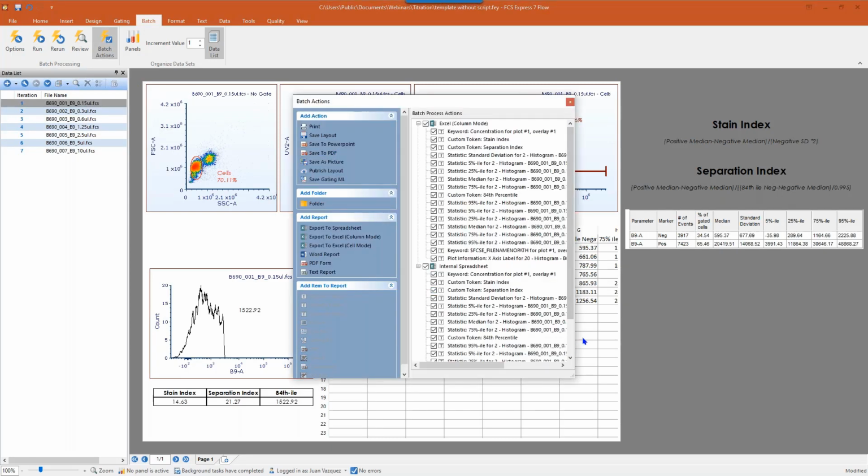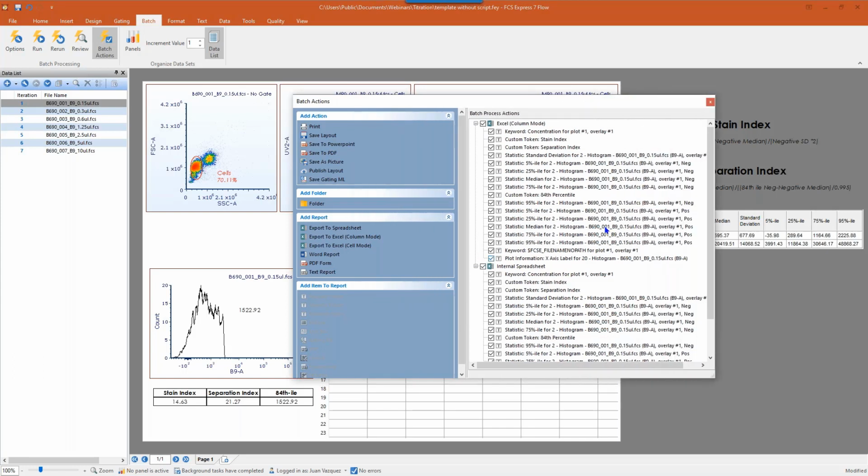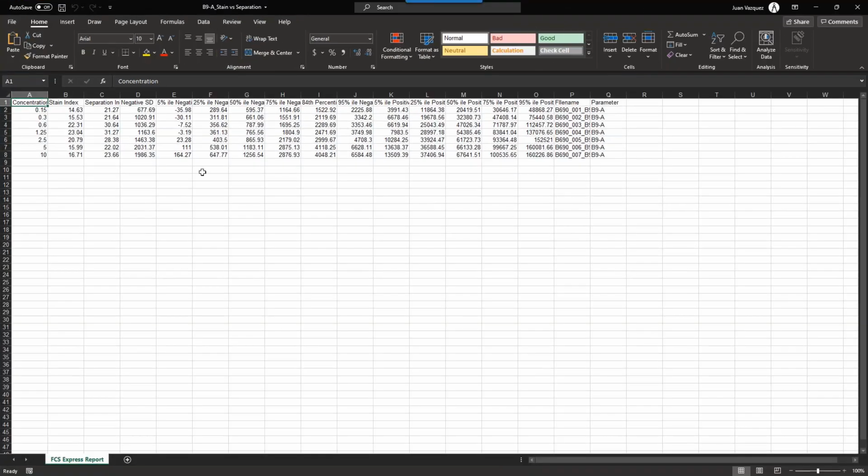And again, using our batch actions tool, we can export to different sources if we want to analyze this data. So on my other screen here, I have the same information I see here. I have exported all this data. So if I wanted to do some charting in Excel, I now have this data in Excel that was exported